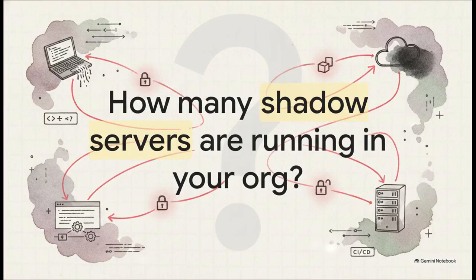Given the sheer scale of this threat, we are talking about 43% of vulnerabilities being command injections. And given how easily these tools slip right past traditional networks, you have to look hard at your own environment. Developers are spinning up local MCP servers on their laptops and CI runners and notebooks right now, completely without formal security reviews. So before you wrap up this explainer, I want you to ask yourself, just how much unreviewed shadow infrastructure is your AI touching right this very second?